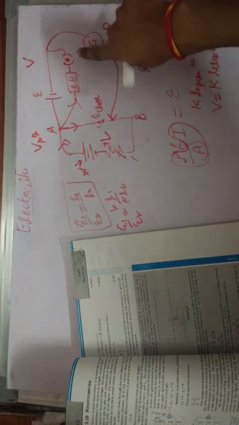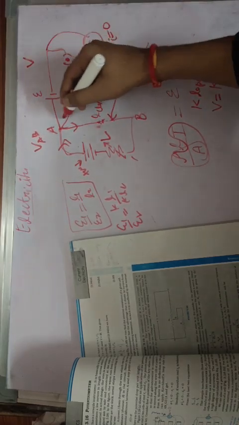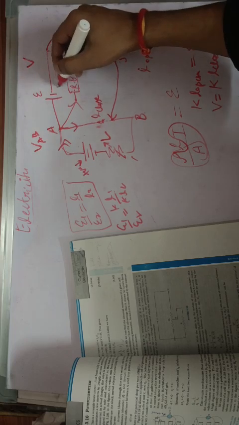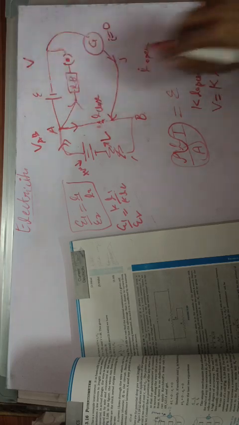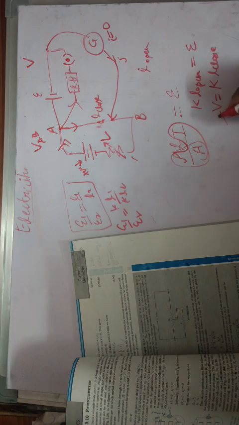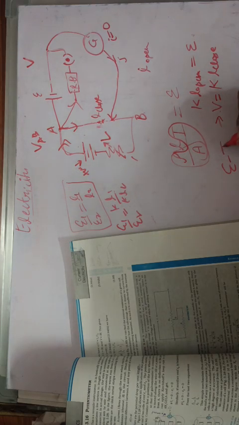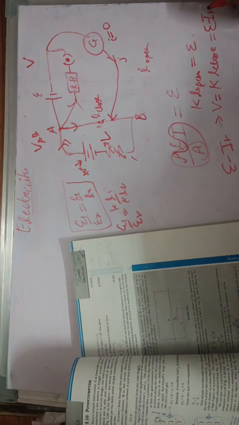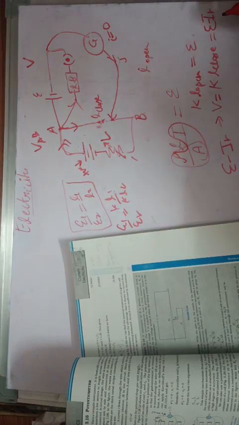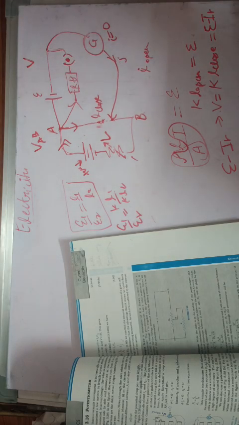But in this case where the switch is closed, there would be some current flowing in this loop, so there would be some current flowing across this cell, and therefore this potential difference will not be the EMF, and this V would be equal to V is equal to E minus Ir. So I can write this K L close as E minus Ir, where this I is the current flowing across this resistor, and in this loop we can say that